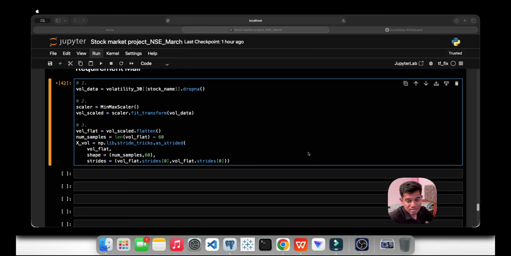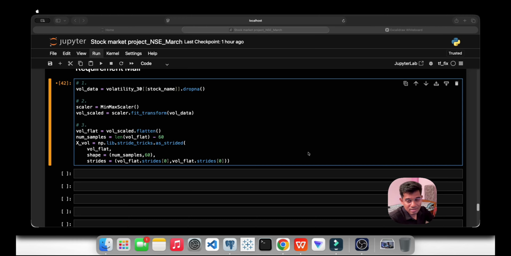Let's move to the mail. Third requirement done, now the fourth requirement in our requirement list. Right now we have to do the train test split. We have to divide the data into 80% training and 20% testing sets, which we have actually done in the previous requirements. If you have seen part 1, you might have understood the training and testing part is all about 80% training and 20% testing.